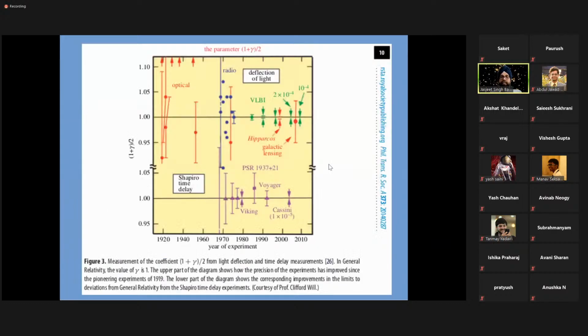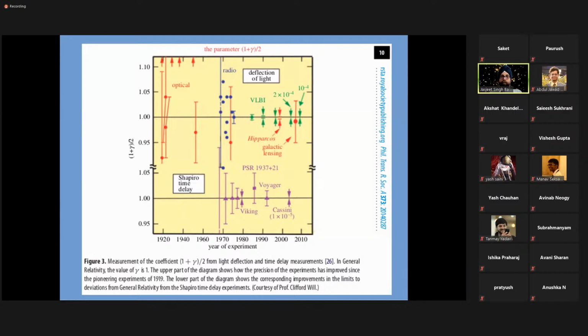So these are the constraints now, and you can see that the error bars from optical measurements are still very large. These are in the left panel, whereas observations from radio, shown in VLBI and other measurements, are much, much better. But the summary is that Einstein's theory passes the test with flying colors, with much reduced error bars now, as compared to all other competing theories of gravity.